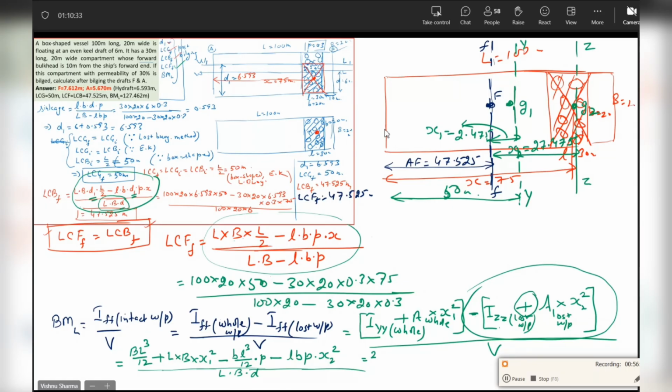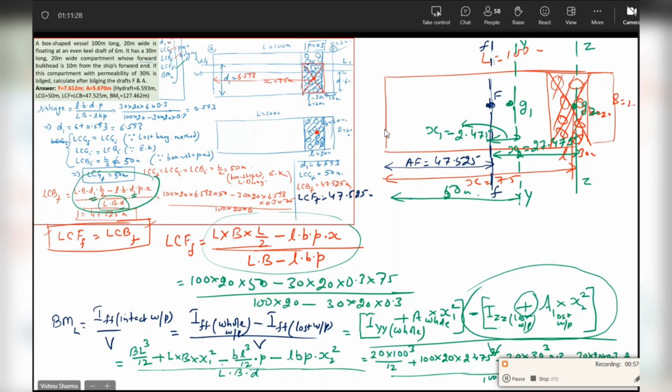Okay, yes sir, so this will be 20 into 100 cube by 12 plus 100 into 20 into x1 is on the diagram, 2.475 square, minus small b is 20, small l is 30 cube by 12 multiplied by 0.3 the permeability, minus 30 into 20 into 0.3 into x2 is on the diagram, 27.475 square, you can write clearly, divided by 100 into 20 into 6, and this should give you a value